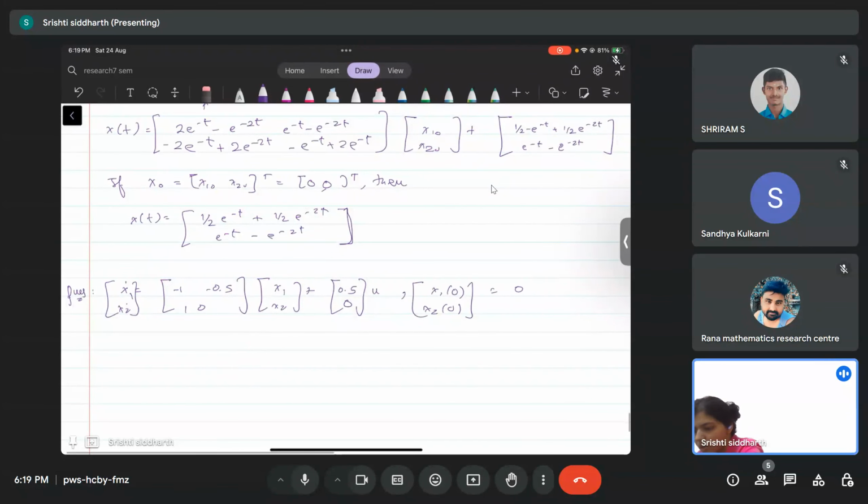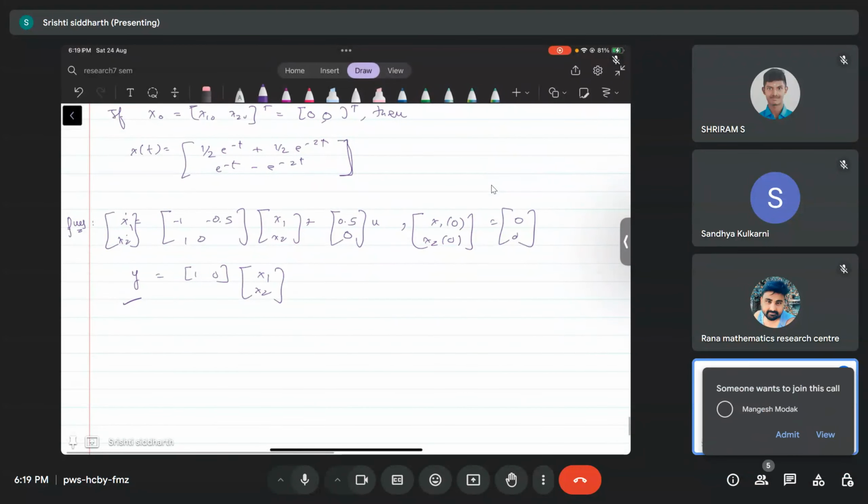So it says 0 initial conditions. We also have the output y. So it says the first state. So we need to determine what the output is. Okay, so